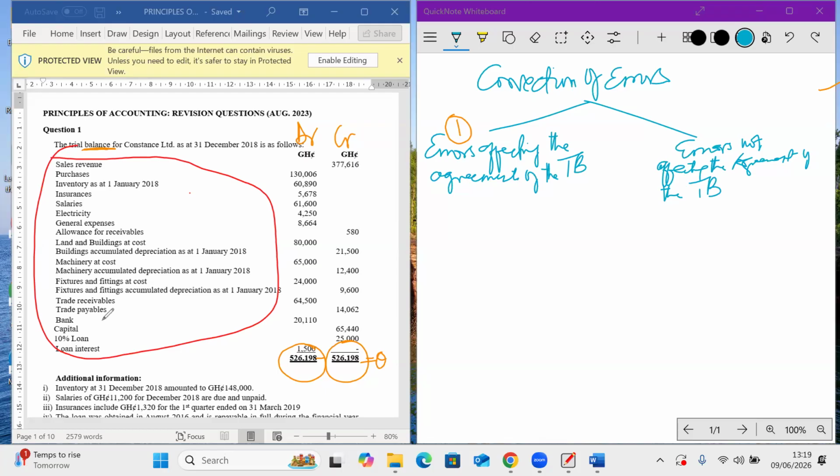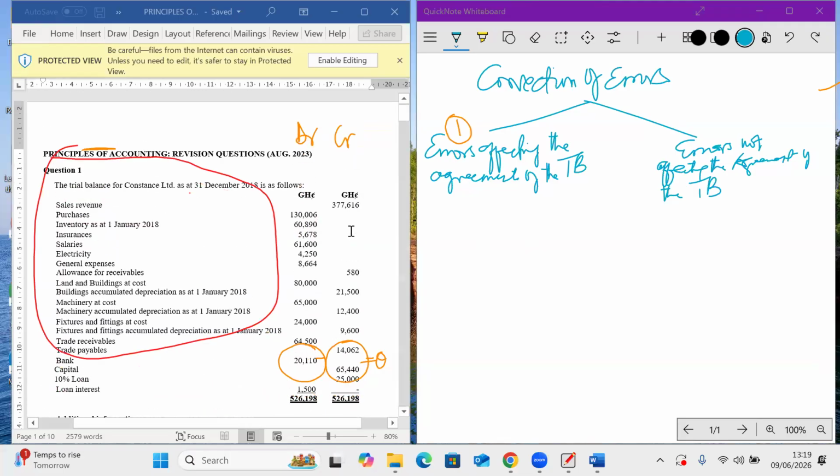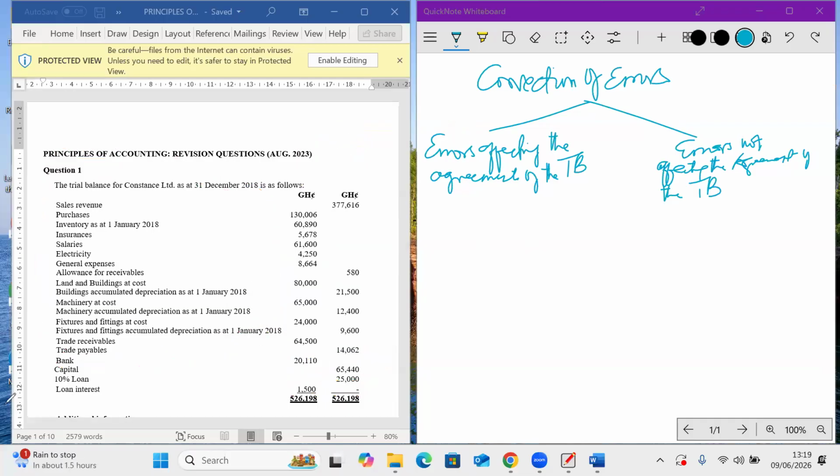When the error is affecting the agreement of the trial balance, we use the suspense account to correct it. And we also use the journal,